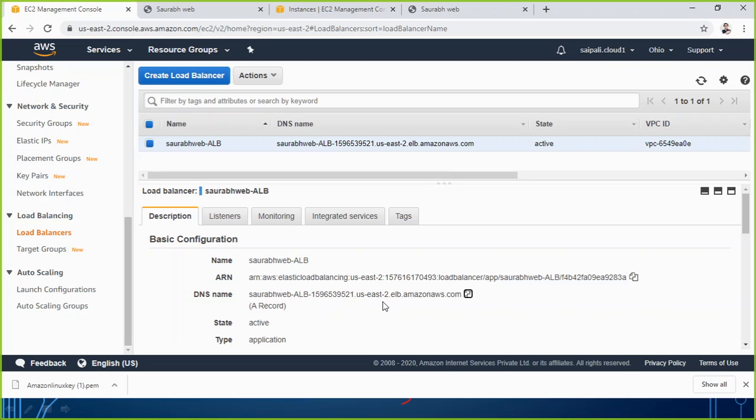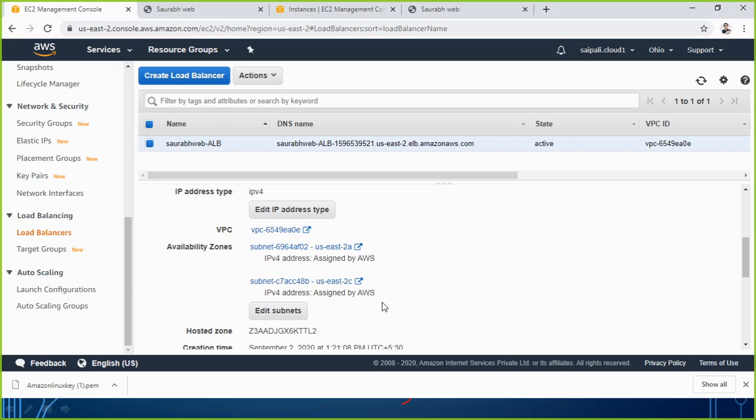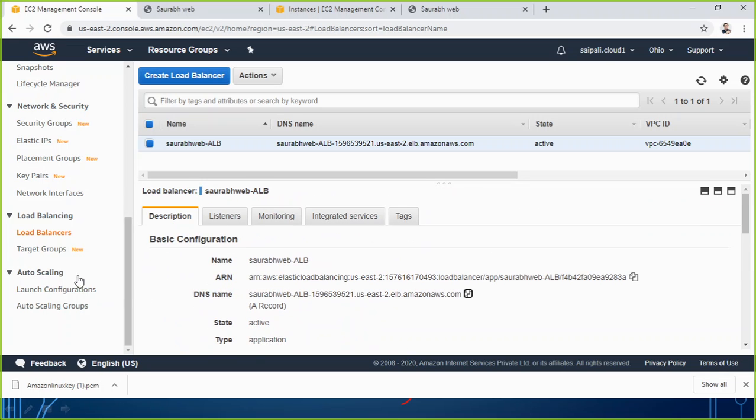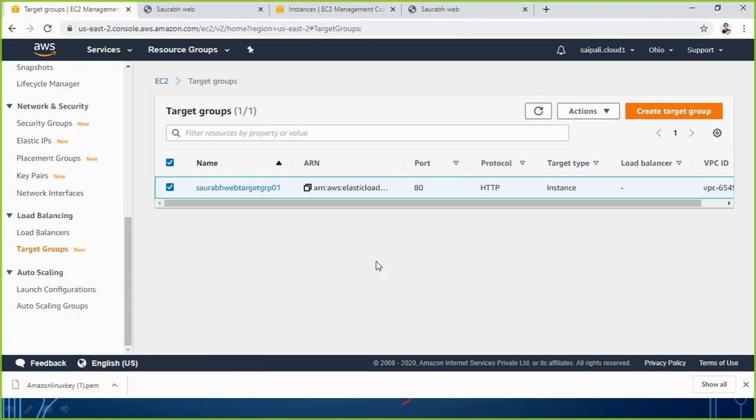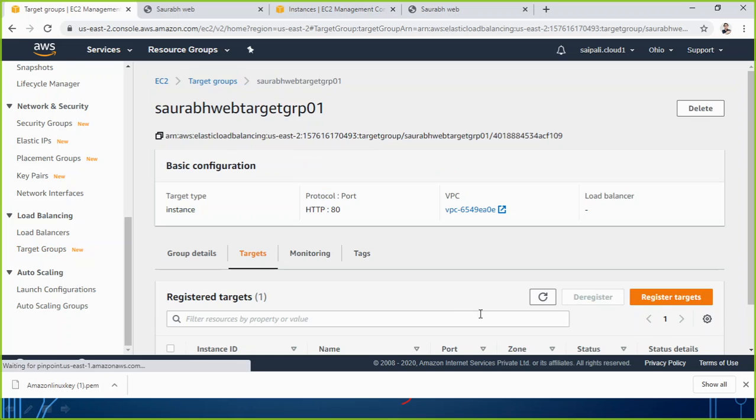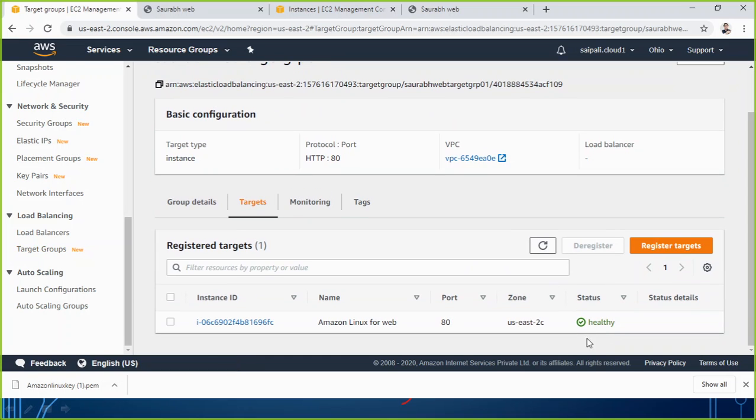Now one more practical let's try to do. What if my target group machine, which is right now showing healthy, what if I go there and I delete or maybe remove that index file? Because right now I'm not going to switch off or something. So what if I remove that index.file? Do you think that if the